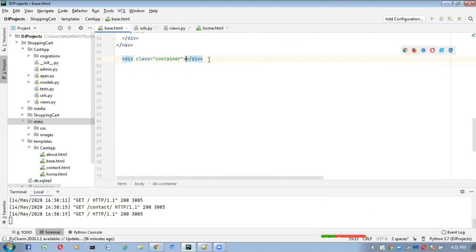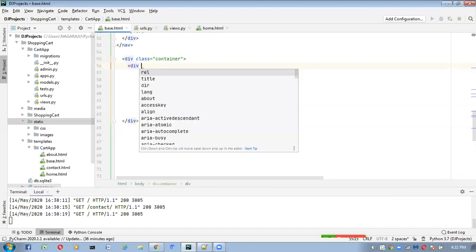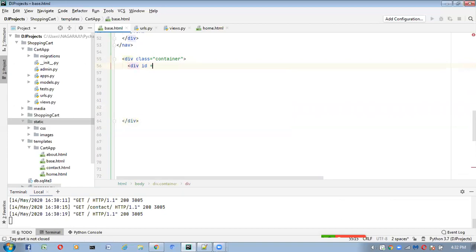Now inside this container, what do we have to take? Inside this container, I'm taking one more div tag here. In this div tag, id is equal to demo, something like this, a demo.